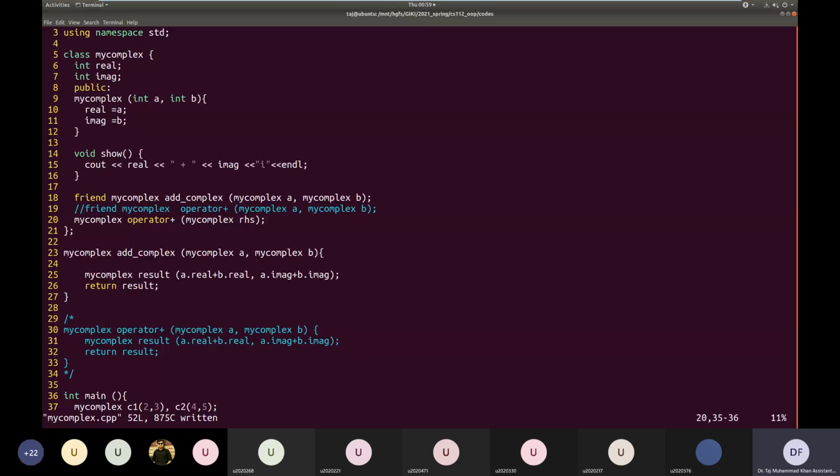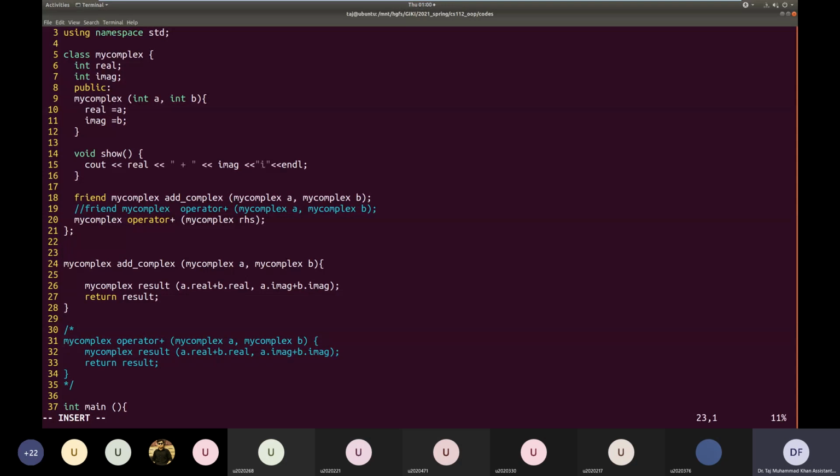The definition we can have inside the class or outside the class. I don't know, do you guys prefer inside or outside? Let me do it outside the class. That will also refresh your memories of how we have to define a function. We can declare a function inside and define it outside the class. The return type comes first. Return type is MyComplex. And then we have the class name.